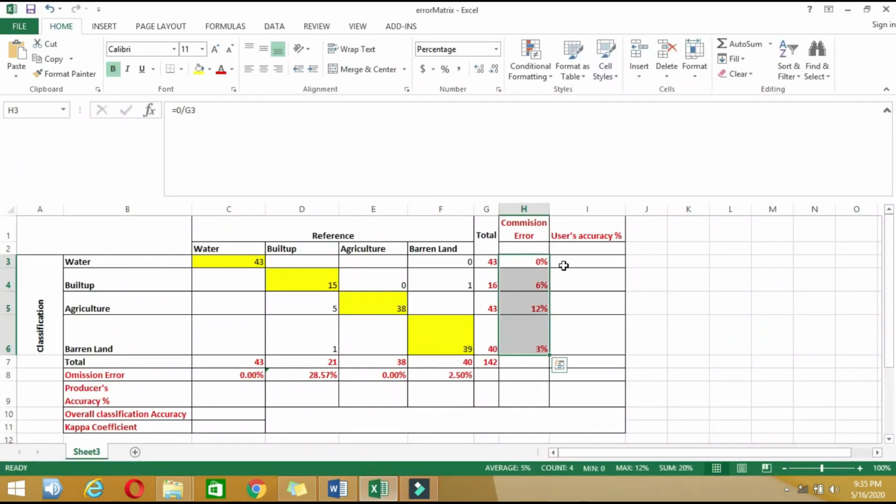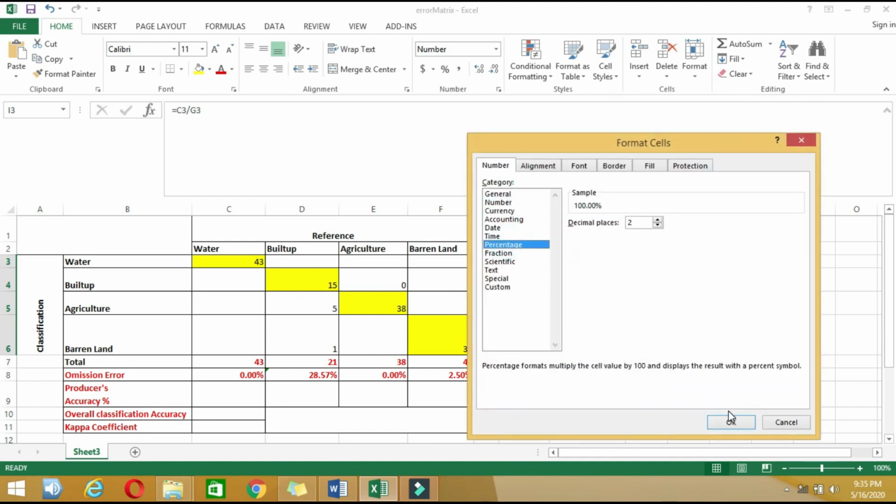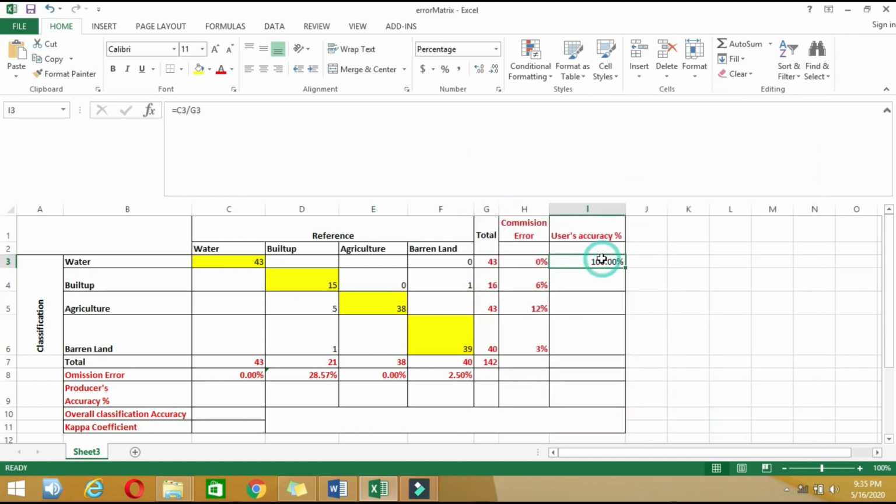So in our case, you can see here it is 43 divided by 43, and it's 100%. So I can also format it into a percentage. So it's 100%. You can also calculate the user accuracy by 100% minus this value. So now this has to come to 94%.